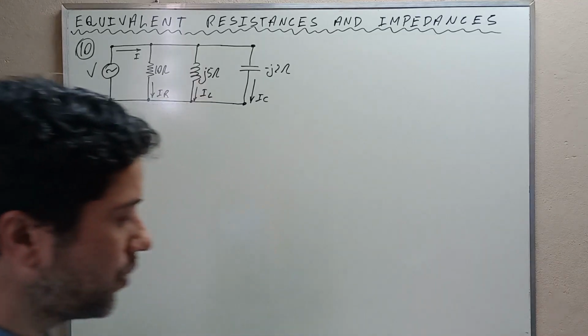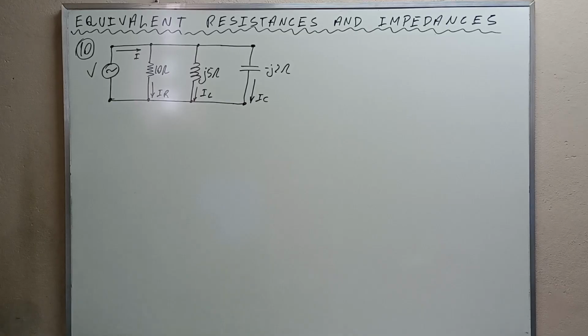Exercise number 10. What is the value of the impedance measured across the terminals of the voltage source in the circuit? This is the question. Let's go to the solution. The equivalent impedance measured across the terminals of the source is